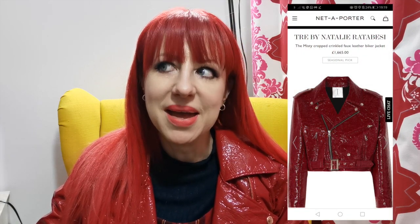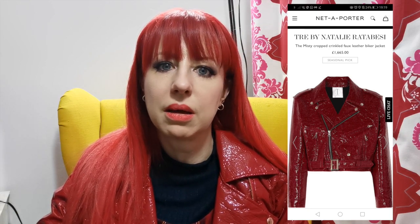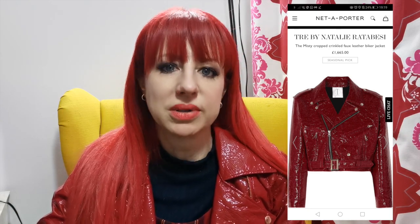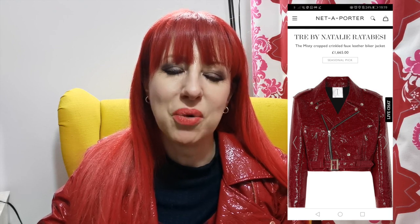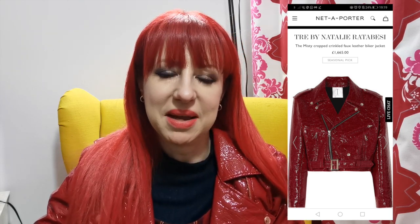I have to say, I mega love it. Now, somebody, and I'm so sorry I can't remember your name, messaged me to show me a jacket on Net-a-Porter that's retailing at mega bucks, silly money, and it is so like this jacket. And I just think with sewing, that is fantastic, isn't it? That you can